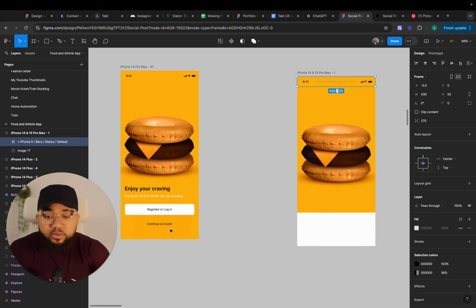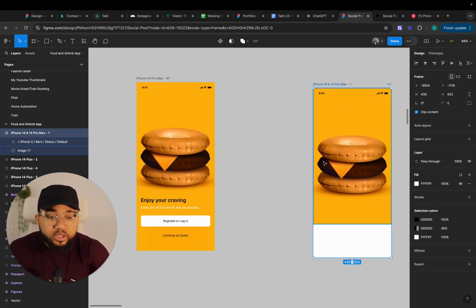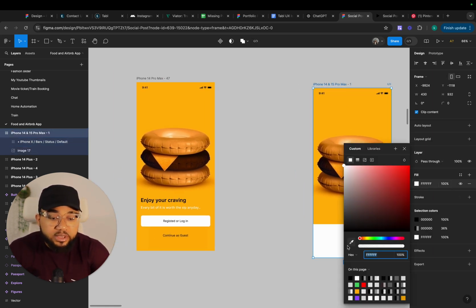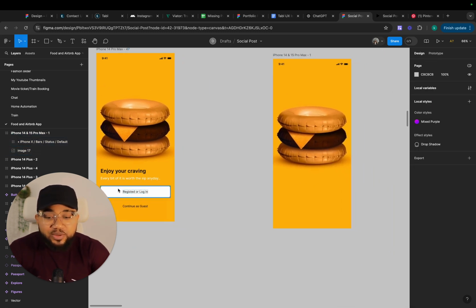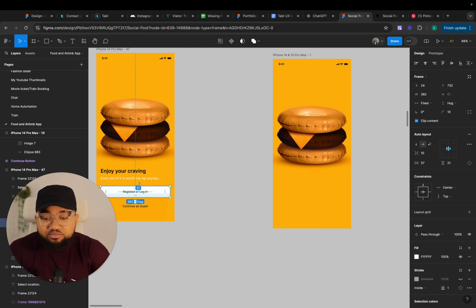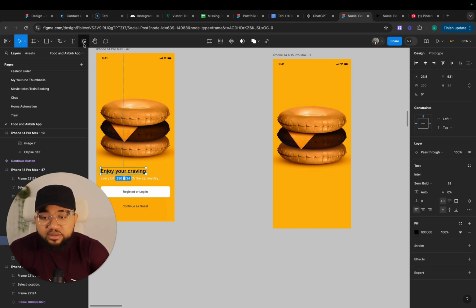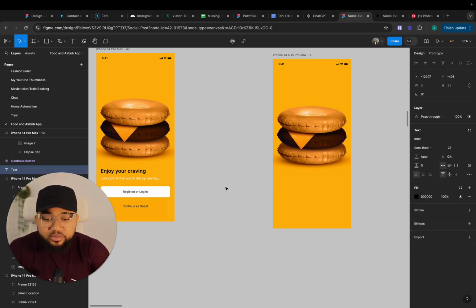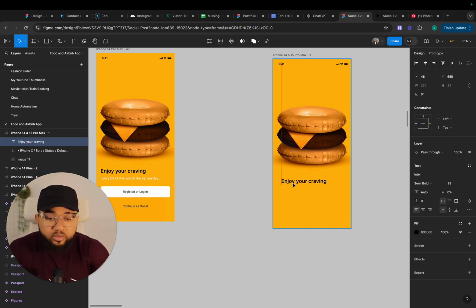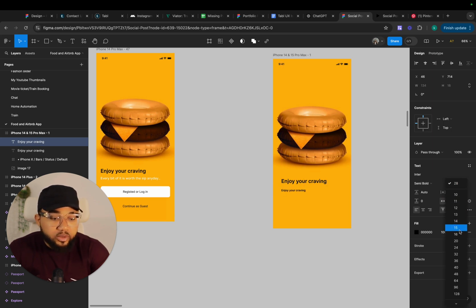Then the next thing I'm going to do is pick this color. So set the color picker. We're not going to be using variables on this one. So I'm going to just write this: enjoy your cravings. Enjoy your cravings. We'll put it here, and we'll duplicate this and bring it down. Now we're going to step down the text to, yep,